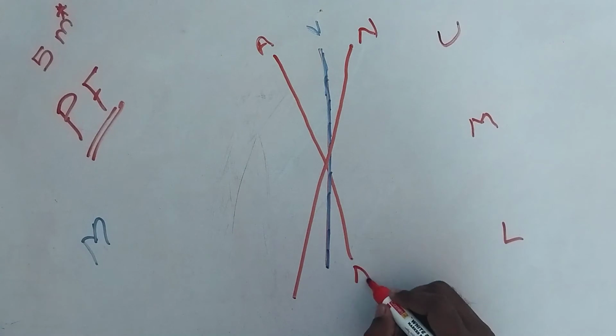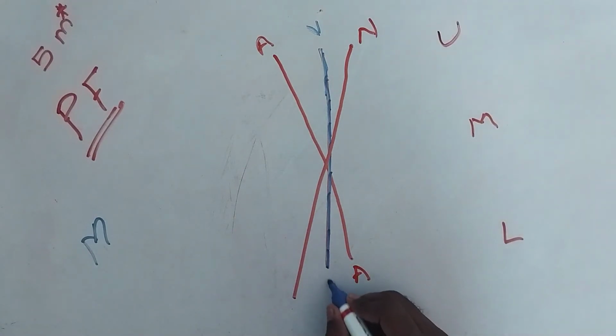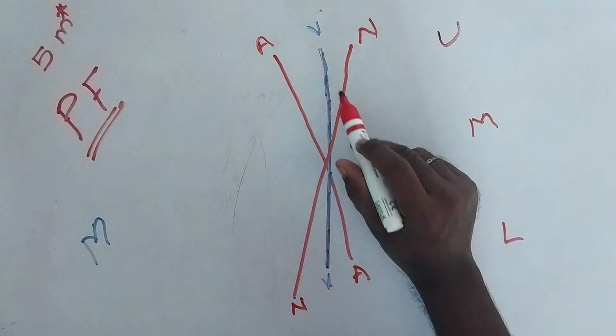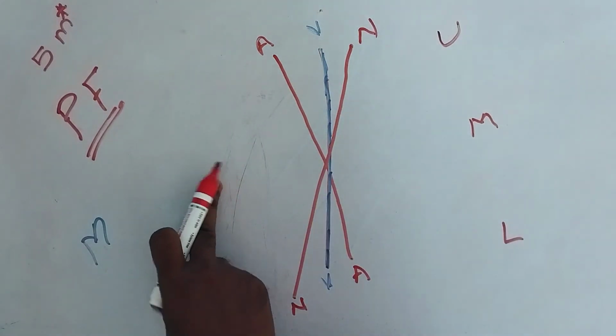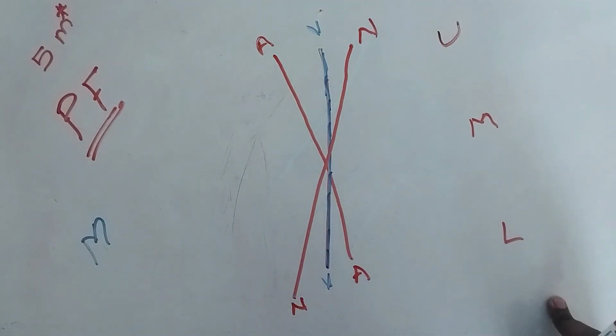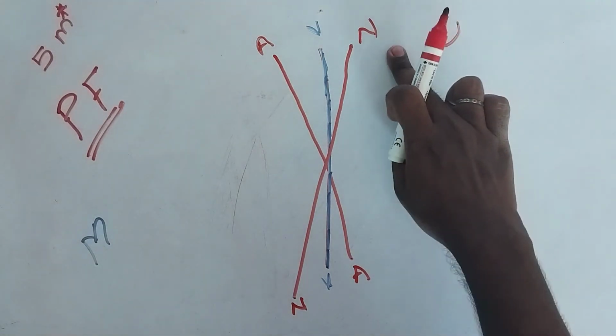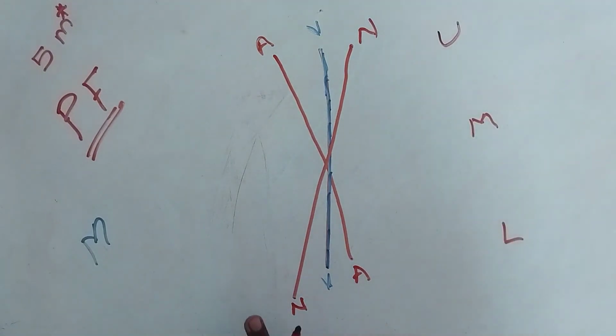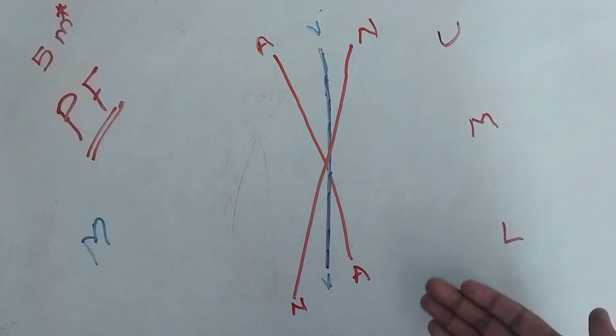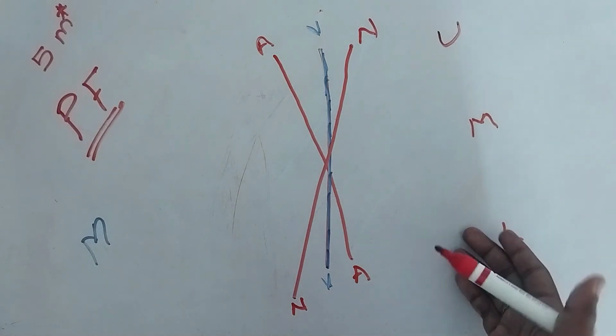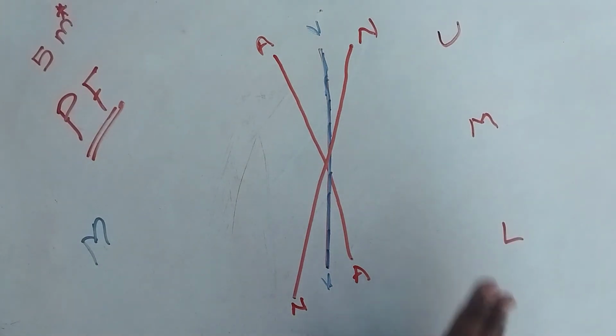Here is the artery, vein and nerve. See, at the upper part, the artery is at the medial side, and at the lower part the artery is at the lateral side. At the upper part, the nerve is at the lateral side, and coming to the lower part, the nerve is at the medial side. These are the contents present in the popliteal fossa, as well as their order.